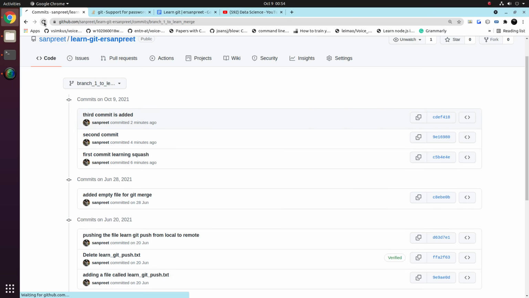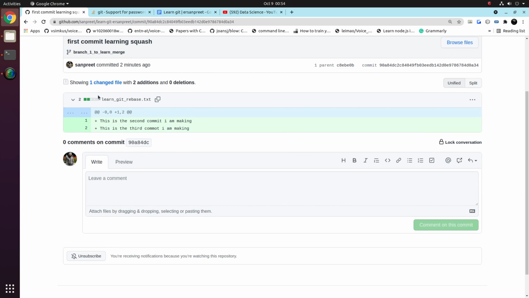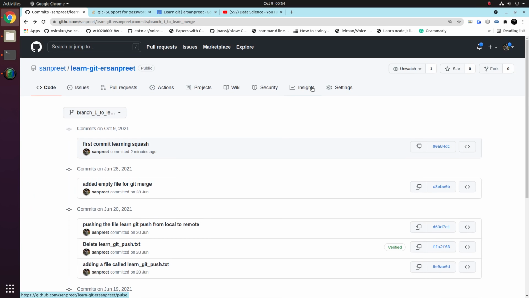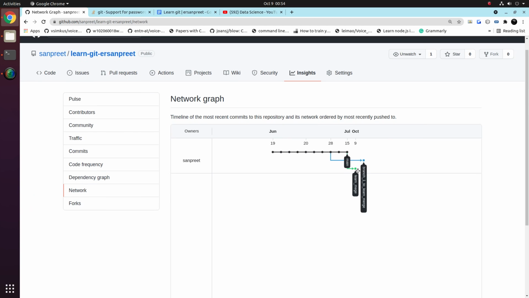Now if I go here, you will see that perfect, the two commits have been squashed into the first commit. So when you click on this commit, you will see that bingo, the three changes are there. So you will see all your changes, but the commit history becomes very clean. If you go to the insights, you go to the network, perfect, you see that from the main, this is only at one level.